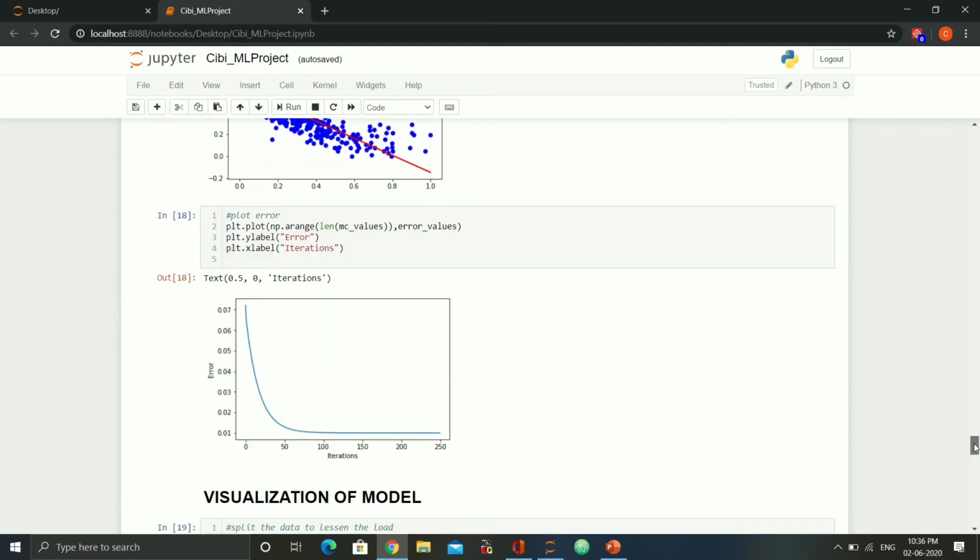We can clearly see that over iterations the error decreases and becomes constant from almost 100 to 250.